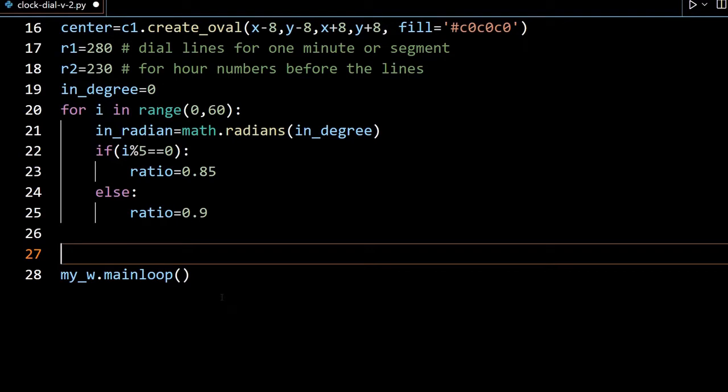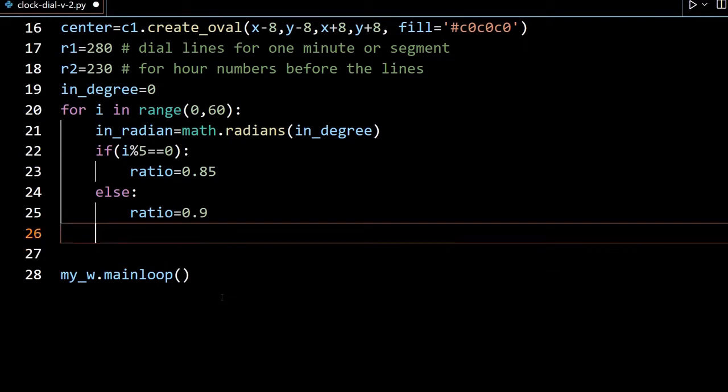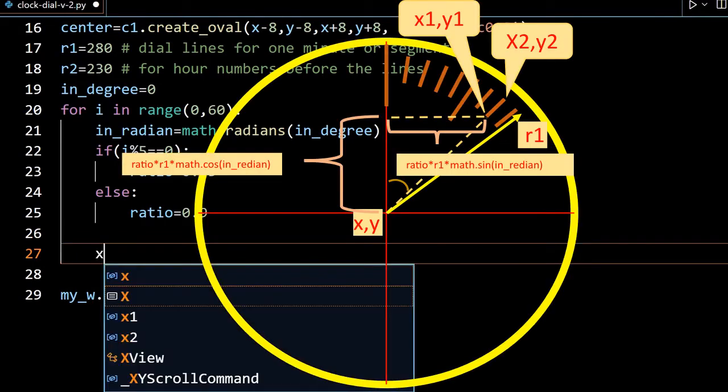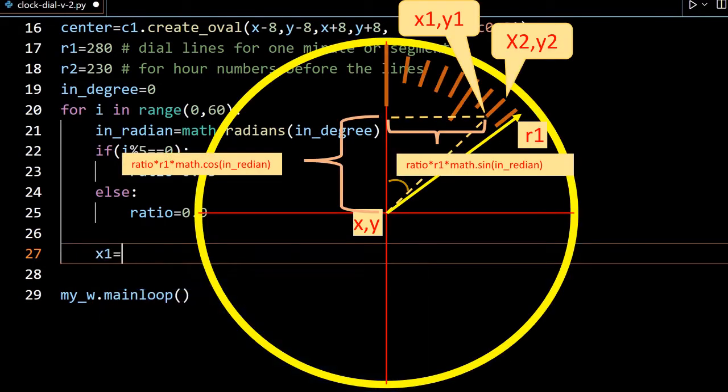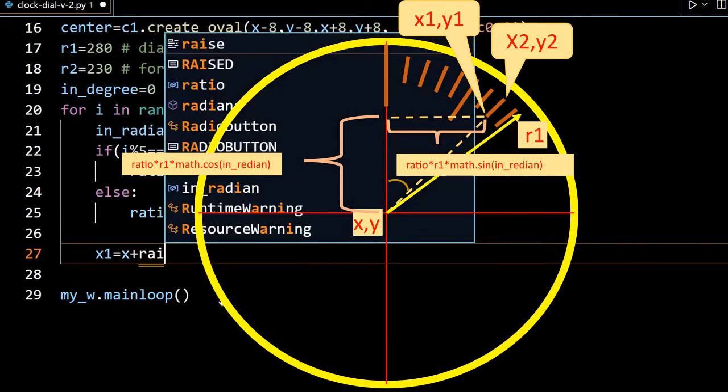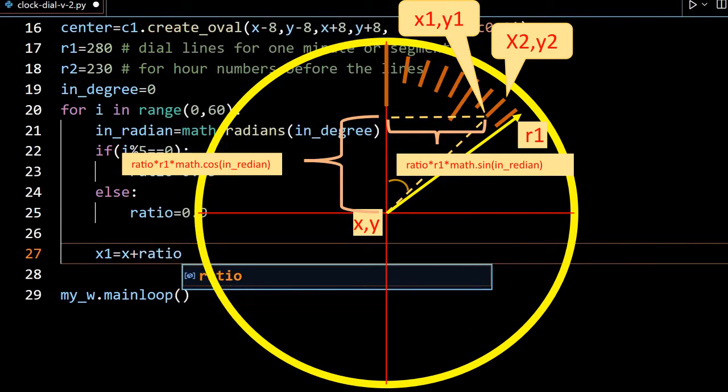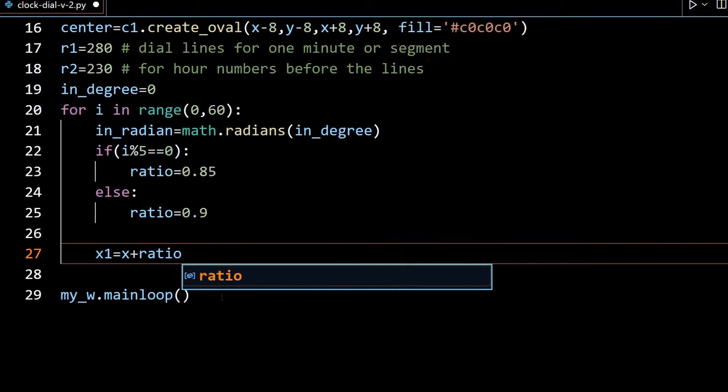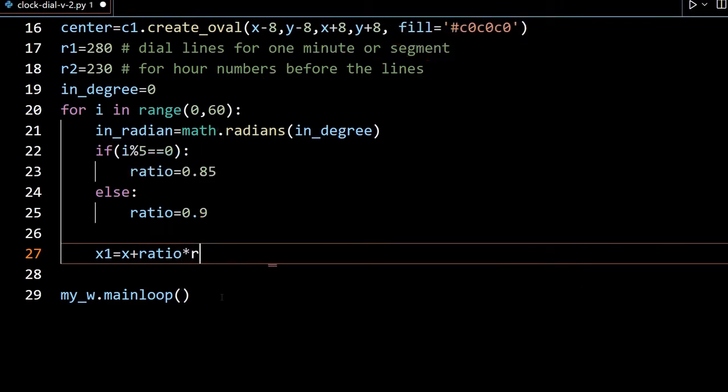Now the most important thing is how the angles are calculated. I am inside the for loop but outside the if else condition. What I am declaring is x1 equal to x plus ratio, whatever ratio is set based on the top value, multiplied by R1.